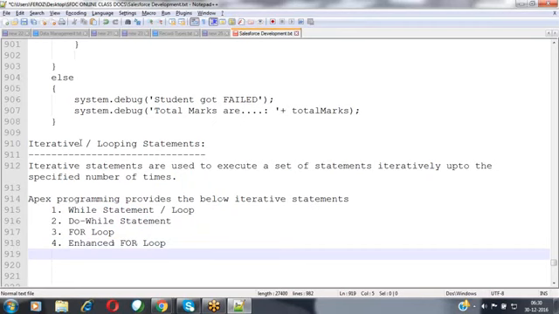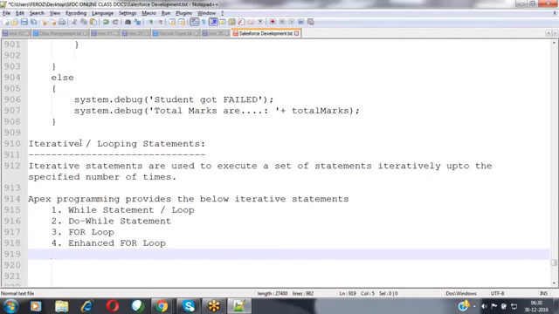What exactly is the use of this enhanced for loop? What is the functionality? We'll see everything. Why? Because moving forward, we are using only the enhanced for loop. We are not using the normal for loops, whiles and do whiles. At that time, when coming to the enhanced for loop, you will see the difference between the normal for loop and the enhanced for loop, and what the use of that is.